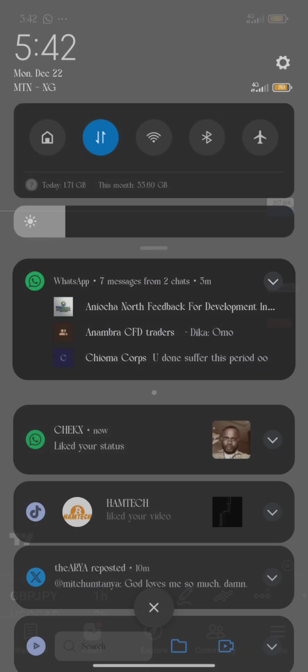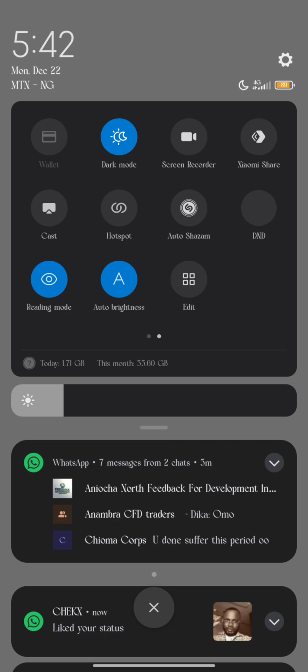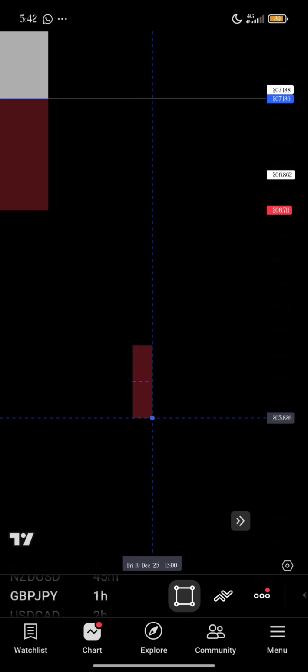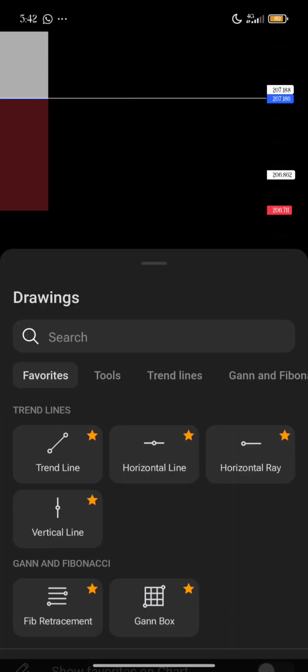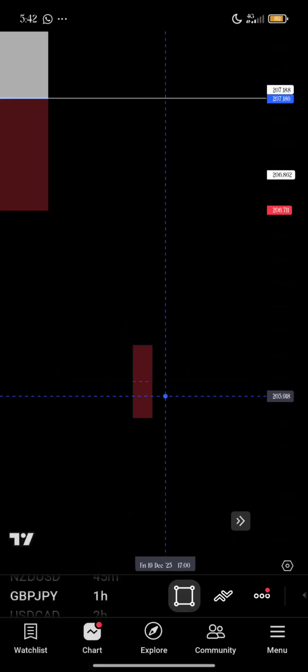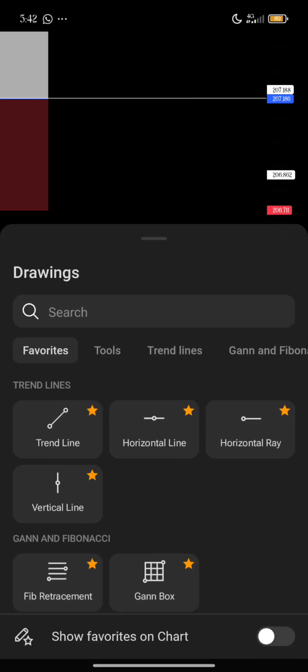But in order for you to get accurate detail on where and how to use it, all you need to do here is the CRT. For the CRT, let's say this is a candle. What you need to do is whenever you see that price taps into a particular key level and price closes above that key level with a body,